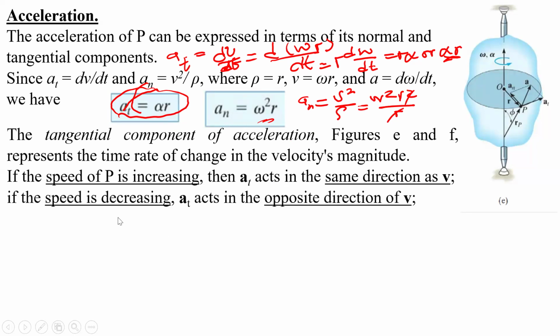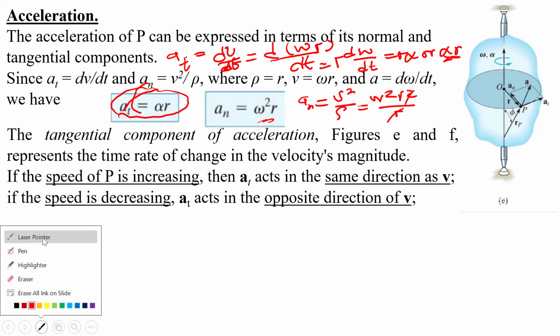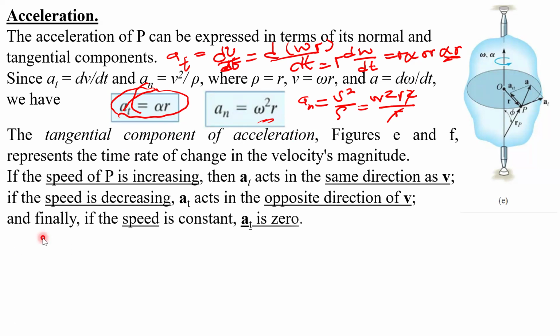But if the speed is decreasing, tangential acceleration will act in the opposite direction, that is deceleration. And finally, if the speed is constant, the tangential acceleration is zero. So these are the two